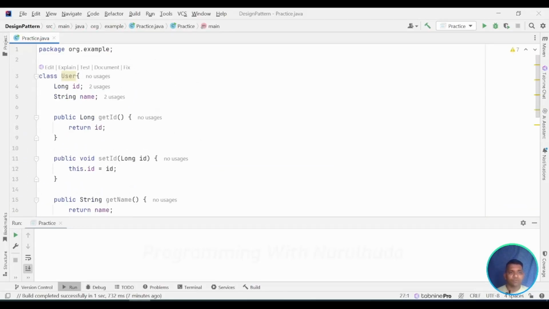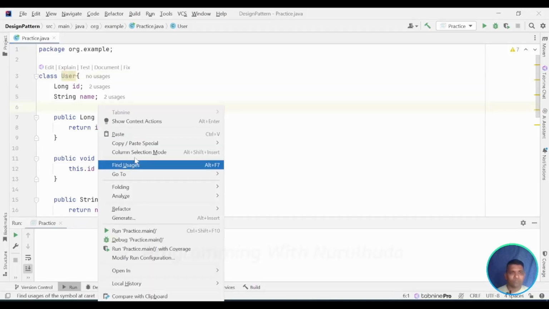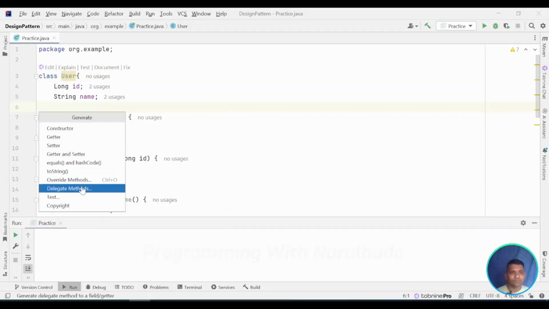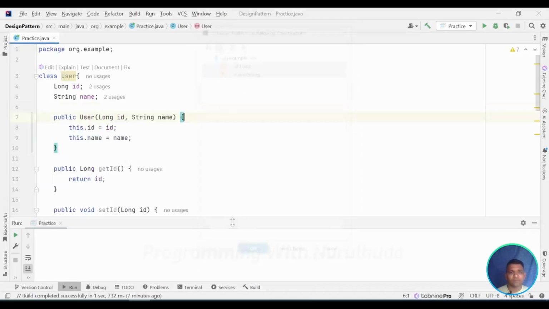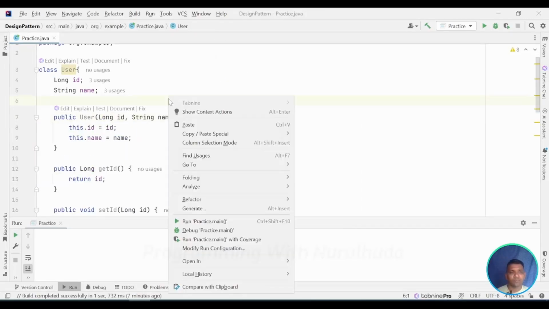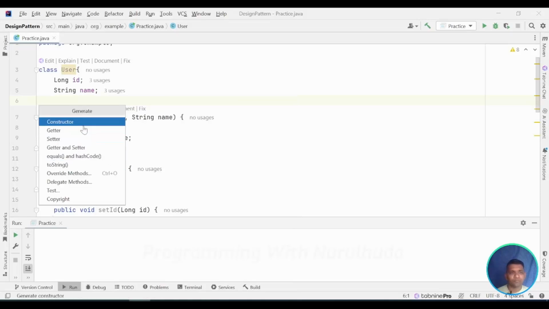I create a constructor, generate a parameterized constructor,